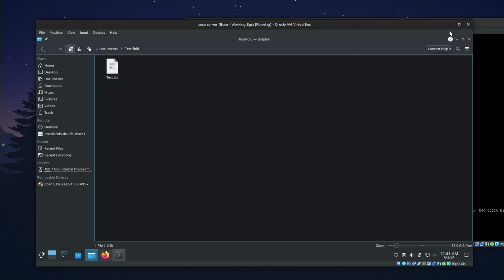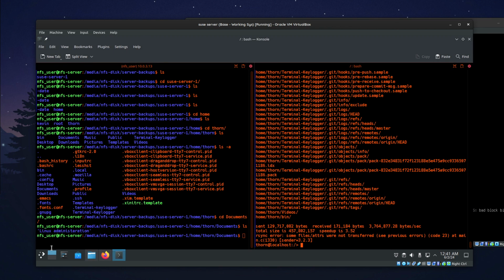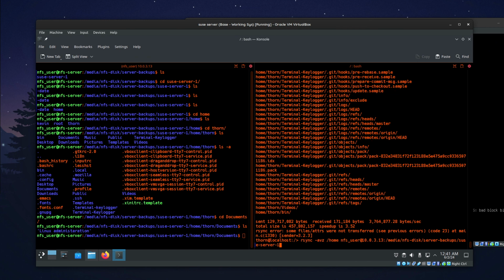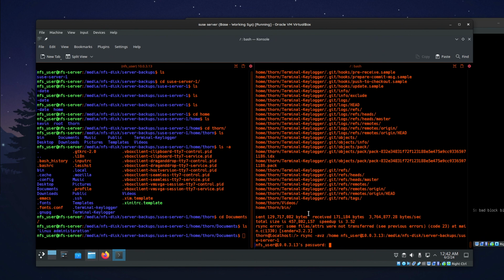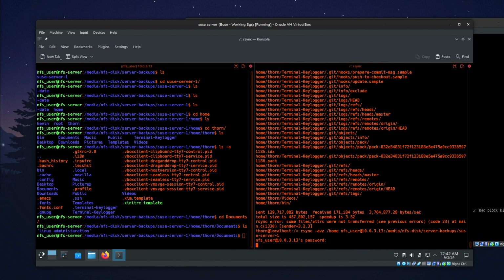Previously it is only the Linux administration that is inside the documents folder, right? So now if we run the same rsync command without modifying anything, it should back up only the things that have changed in that directory. So if we run the same command again, and I'm pressing enter, and I enter the SSH password as usual,